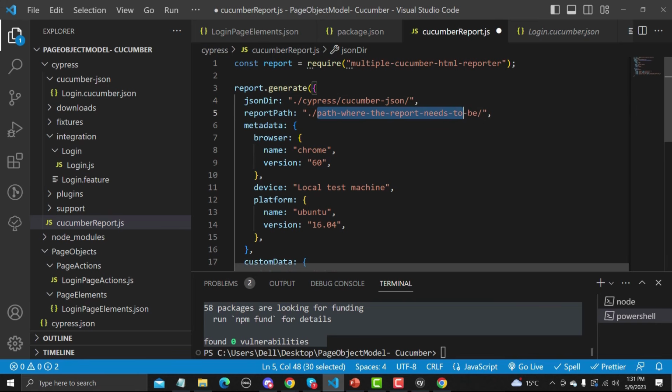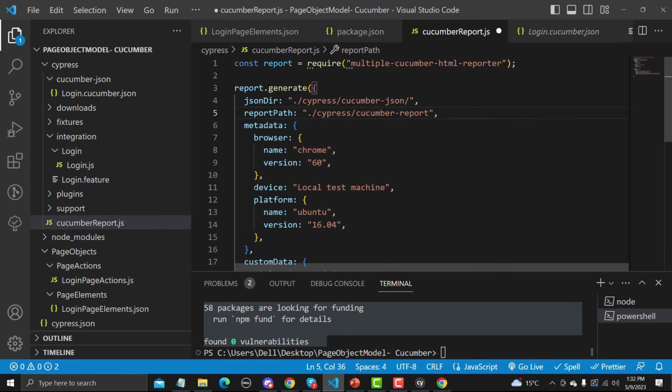And if I go here, let me select the Cypress and let me name the folder cucumber-report. Cucumber dash report. This is the folder where I want this report, and that's it.